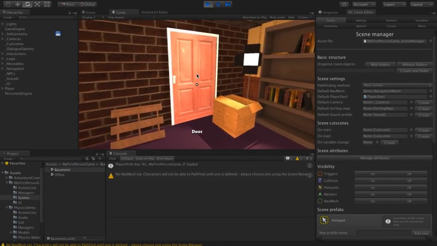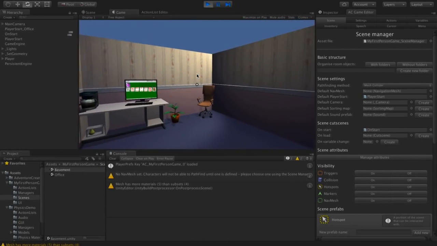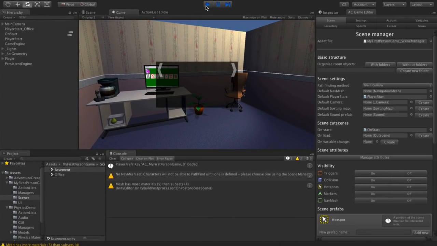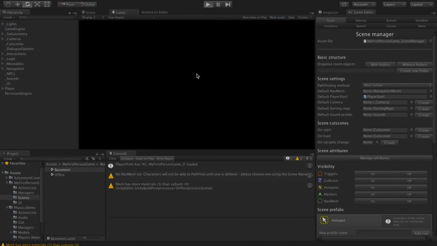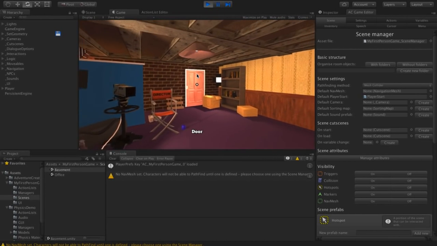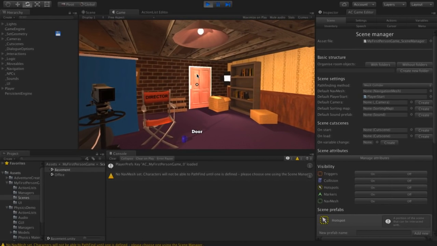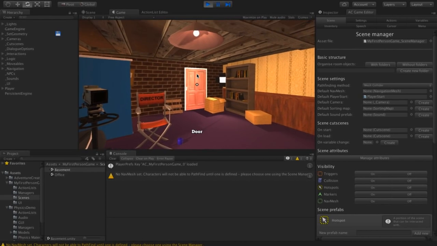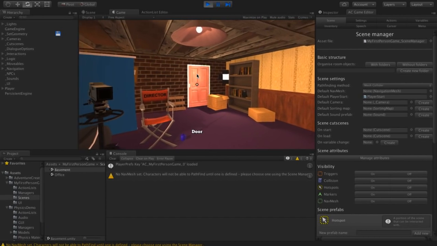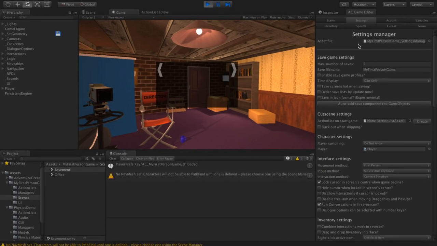you'll see we can walk over to the door here, use it, and then we're in the other scene. Now, just in testing that, I found that actually one thing we need to do is, you can see actually if I back up quite a way, we're still able to select the hotspot. So what I'm going to do is reduce the distance that we can interact with hotspots over. And that's done within the settings manager.